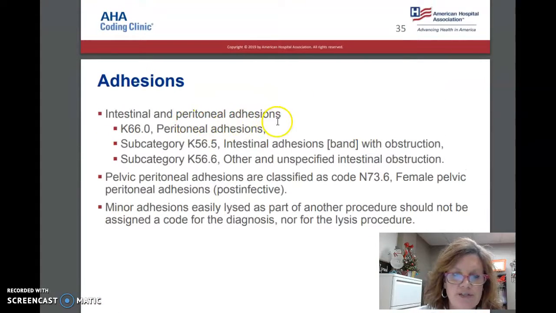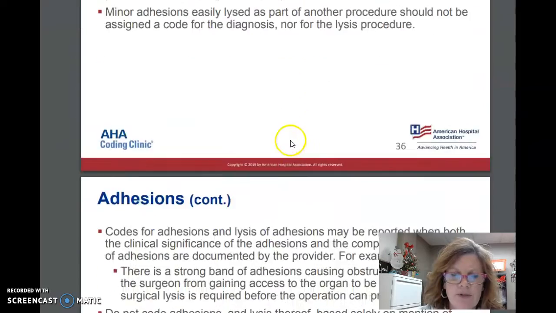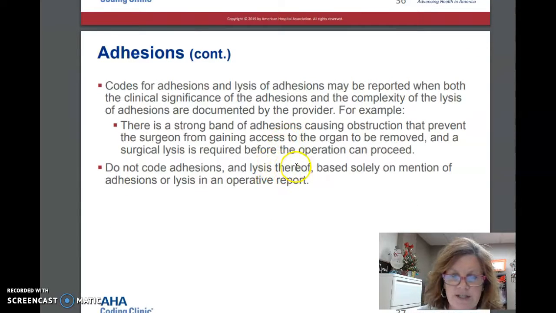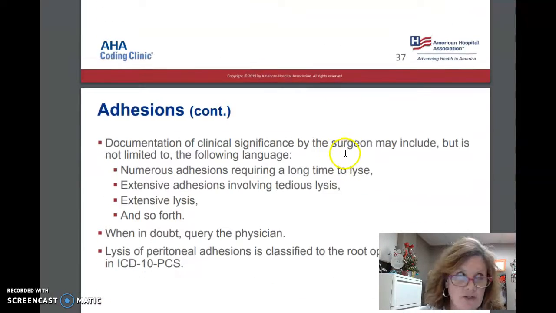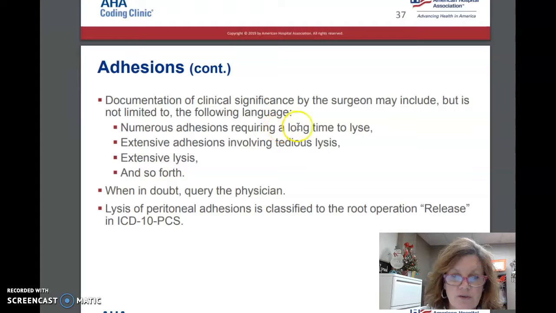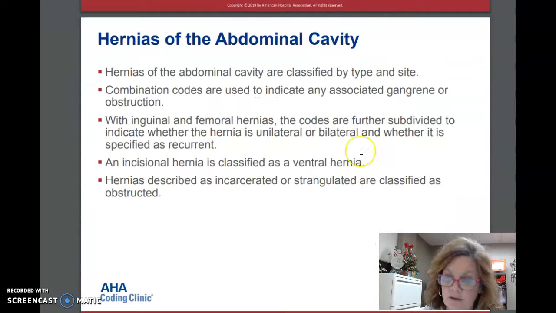Okay, so we have adhesions, peritoneal. We have a lot of different ones. One thing I always tell students with adhesions, like lysis of adhesions, if the doctor is coding them, and those could be from previous scar tissues, that they got to get through that scar tissue to get to what organ they need to go to, because there could be so much scar tissue actually holding up that surgery before they can get to where they need to go. Again, numerous adhesions requiring a long time to lyse, adhesions involving. So when in doubt, we always say query the physician. That means write up a query process, send it to the physician, and ask them your